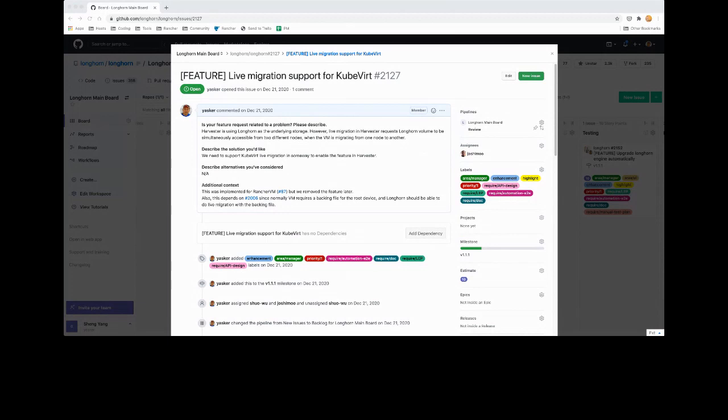But in the case of live migration, that won't be an issue, because whenever KVM or QEMU decides to start migration, they are either going to write on the original source node, or they're going to write on the target node. And once they switch over to the target node and complete the migration, the write will not happen again on the source node. So that in fact enables Longhorn to support live migration even with a read-write once volume as a